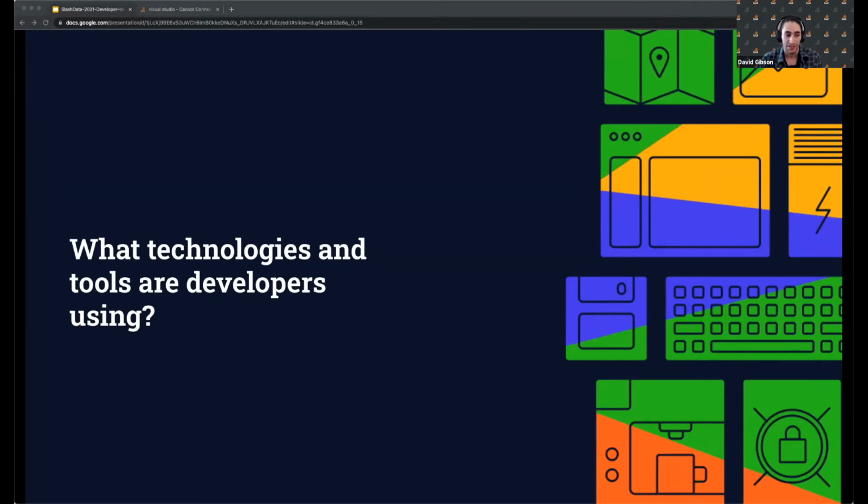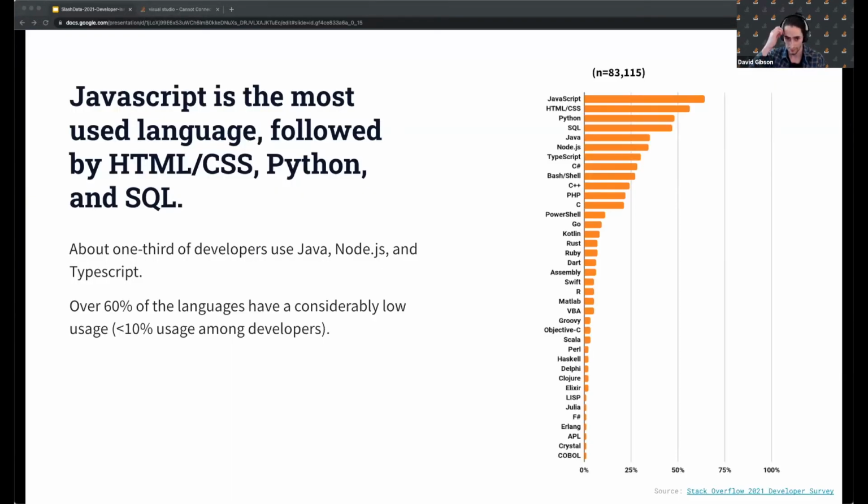As for what technologies and tools developers are using, we run a developer survey every year. So this is kind of like a snapshot in time of the developer community. This year, we received over 80,000 respondents. And I'm just going to jump into some of the technologies that developers are mostly using. For languages, we see that JavaScript completes its 9th year as the most popular programming language. And we also see that Python is the 3rd most popular language for the 5th year in a row.